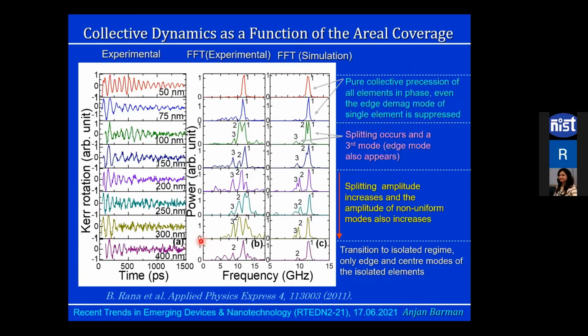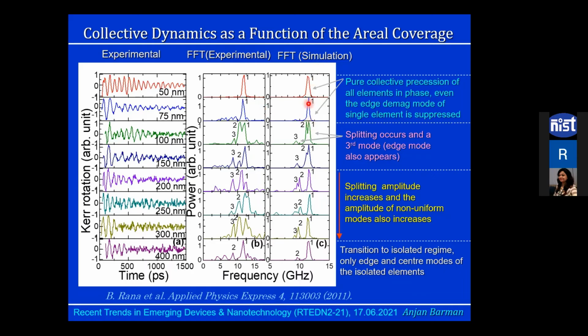And then we did the experiment as a function of the inter-element spacing. We are varying from 50 nanometer to 400 nanometer and see what is happening. So when we are at 50 nanometer, we are getting a single mode, a single precessional mode. That is amazing. I'll show you why. And even at 75 nanometer, and this is the simulation. We do micromagnetic simulation. It is a full finite element or finite difference method based simulation, and it actually reproduces it